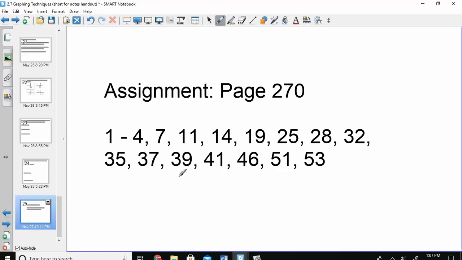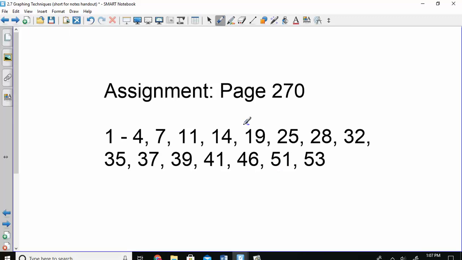I think the only ones that we don't know how to do are 19 through 35. So those 5 problems are over the things that we haven't covered, but the rest of them you already know how. This is all going to be due on Friday. So tomorrow, I'm not going to teach the full class period. I'll wrap up the